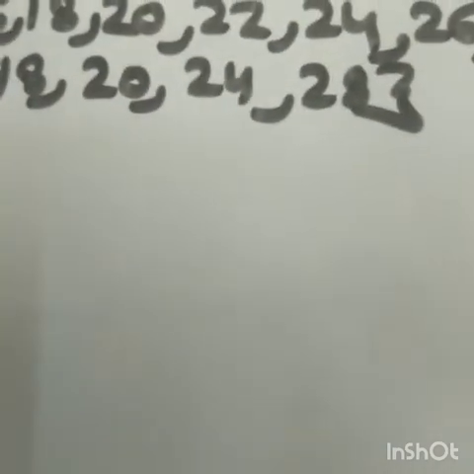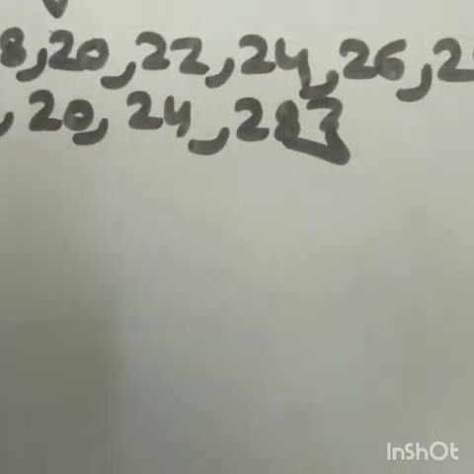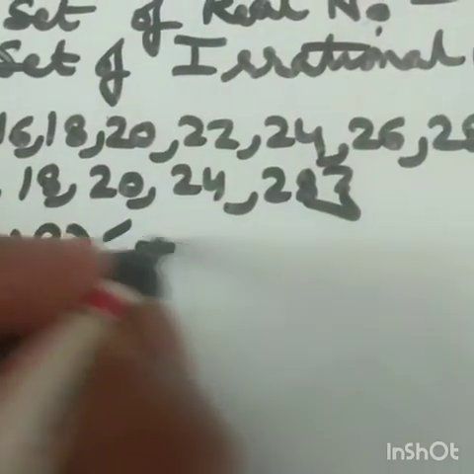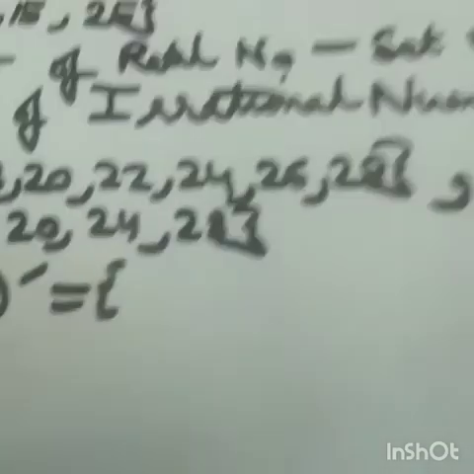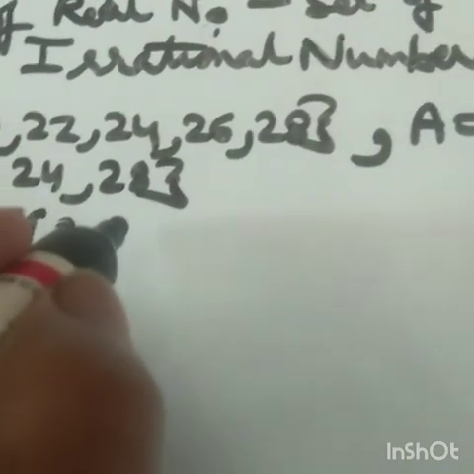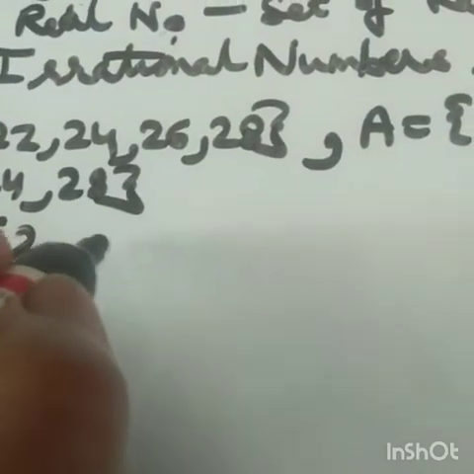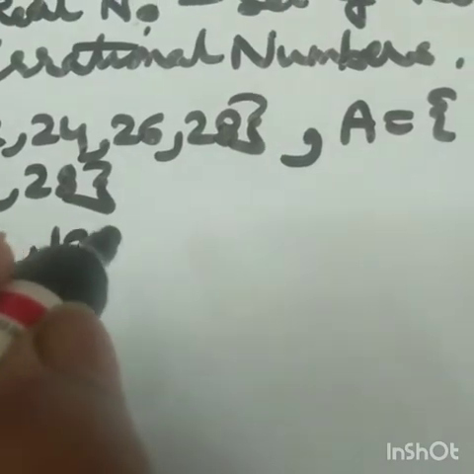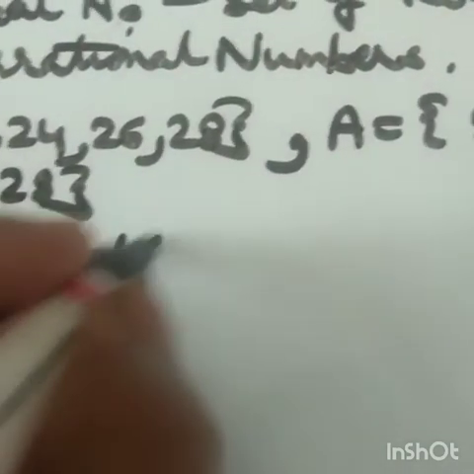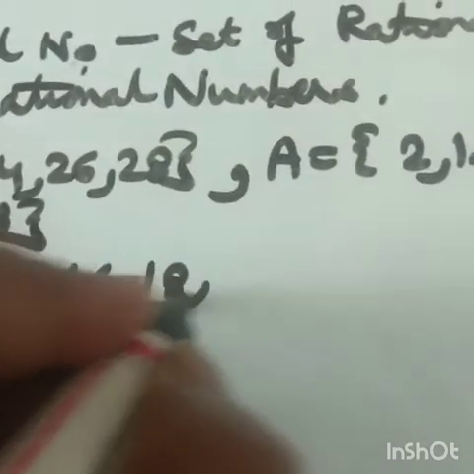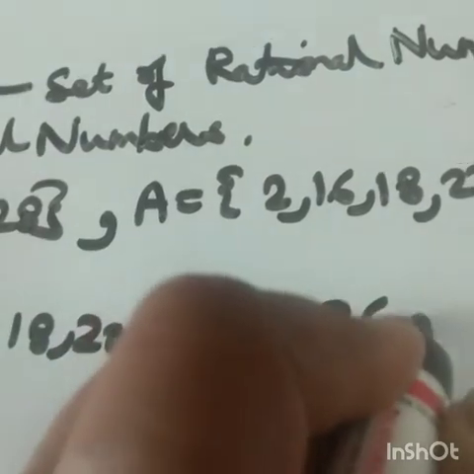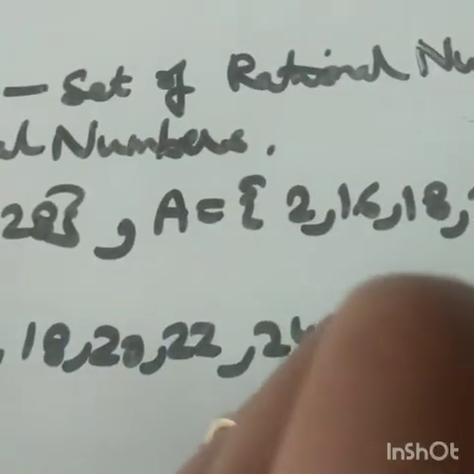Left hand side is A union B complement. Now first take out A union B. It is 12, 14, 16, 18, 20, 22, 24, 26, 28. Complement of this will be